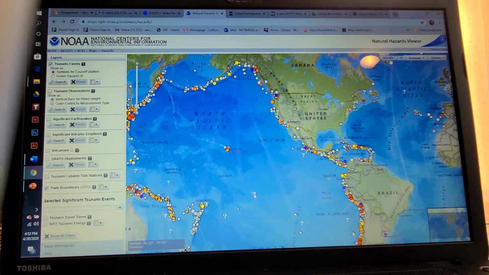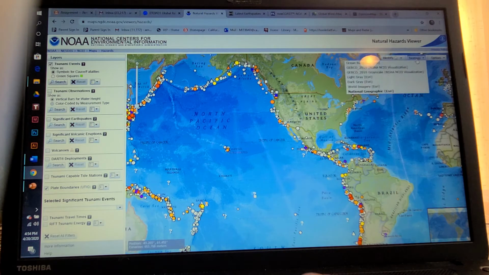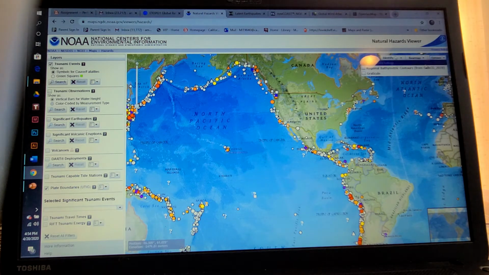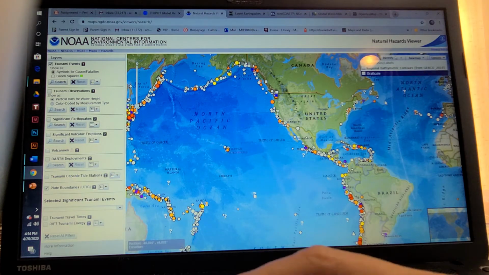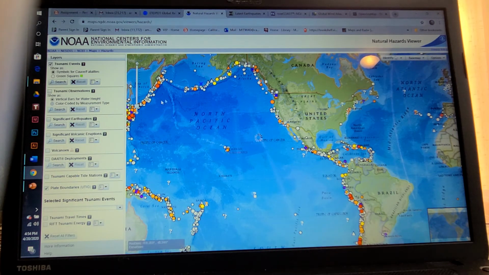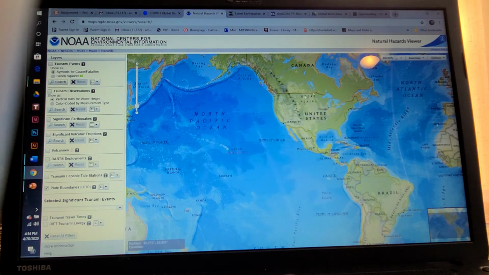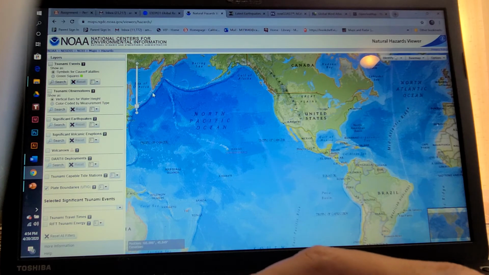Over here to the right up at the top here, you can identify things by drawing rectangles, polygons, bounding boxes. You can have a base map, using different base maps here. And then you have different options for boundary labels, regional bathymetric contours, and graticules. For this particular one, I wanted to select